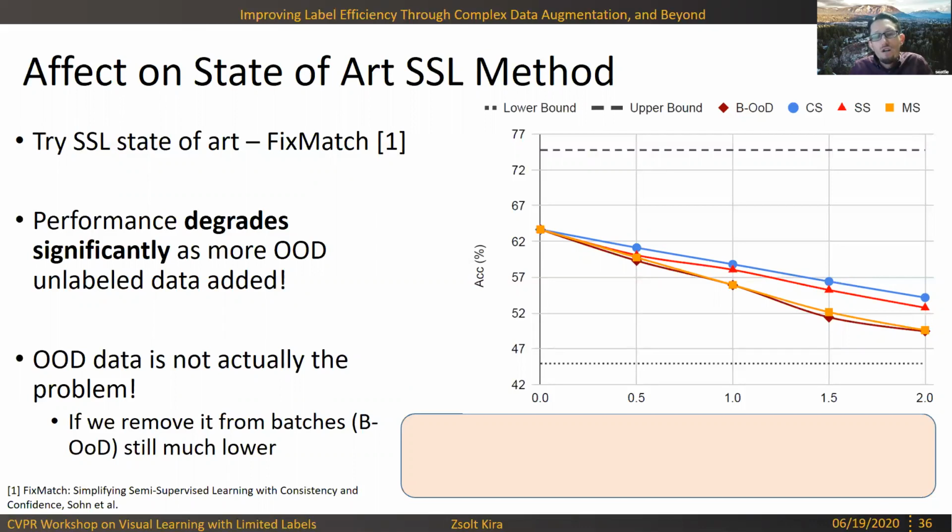So FeatMatch, which is the method that we're using here, degrades not because it can't use the out-of-distribution data, but because of other batch effects and things like that that we analyze in the paper. So sorry, there's missing text there, but the conclusion here is really that this type of out-of-distribution data in the unlabeled case for semi-supervised learning is still an unsolved problem, and one that we've developed a setting where you can systematically study this and try to improve the